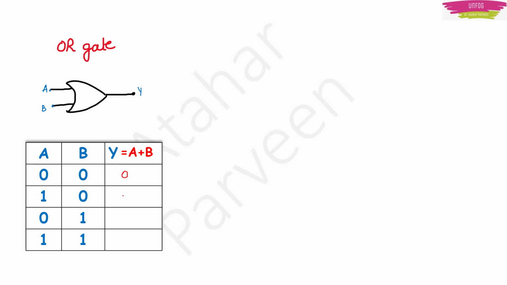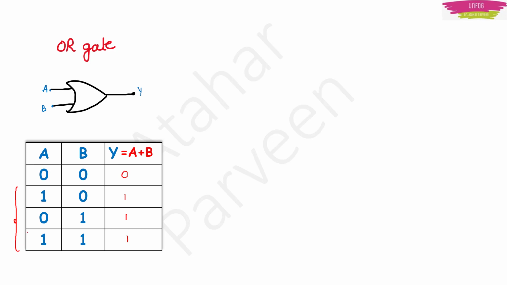If one of the inputs is 1, then your output is going to be 1. That is, when A is 1, your output will be 1. And when B is also 1, your output will be 1. And if both the inputs A and B are 1, then also your output will be 1, because there is no other higher number here. That is, the output of the OR gate is going to be 1 only if one or both the inputs have the state 1. If both are 0, then the output is going to be 0.